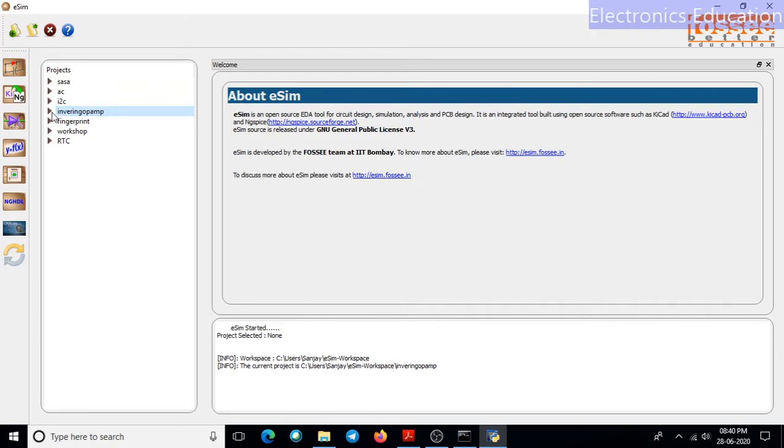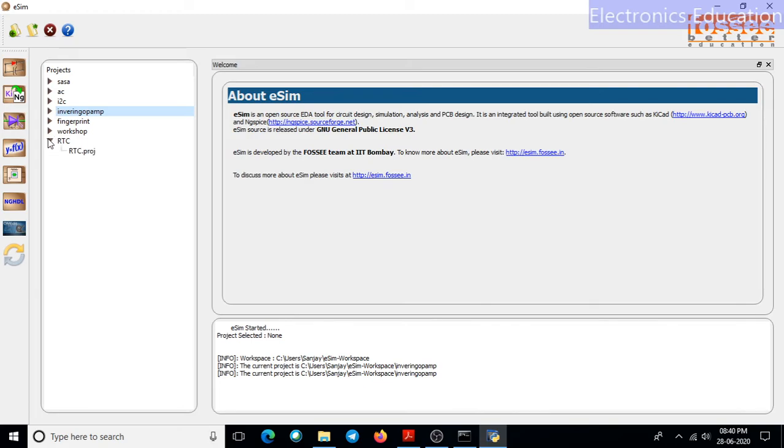One more thing we should understand here: I have some projects already performed in this particular software. When I click on this inverting op amp, simultaneously in this window, where all commands and working directories are displayed, if it shows the current project is inverting op amp, it means now I can start using this particular project.